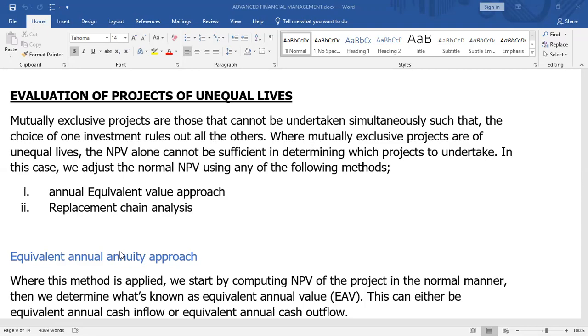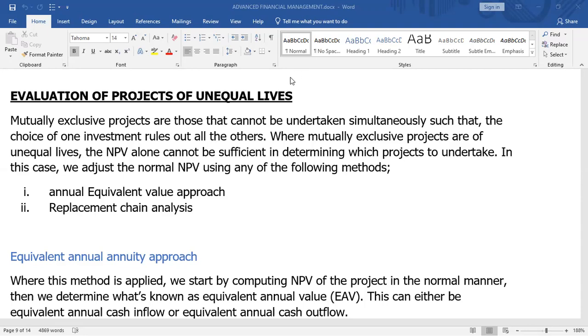And we are saying that mutually exclusive projects are those that cannot be undertaken simultaneously, so that the choice of one investment rules out all the others. Where mutually exclusive projects are of unequal lives, the NPV alone cannot be sufficient in determining which projects to undertake. In this case, we adjust the normal NPV using any of the following methods. One of the key methods is the annual equivalent value approach, and the other one we normally talk about is the